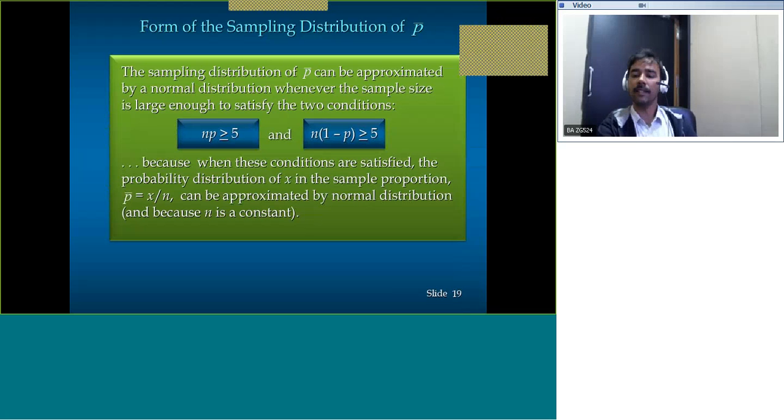So any queries regarding these two concepts? Any queries? Any questions? Yeah. So I can go further. Can I go further? Any queries in these two? Sampling distribution of mean, sampling distribution of proportion? Yes. Thanks. Now,